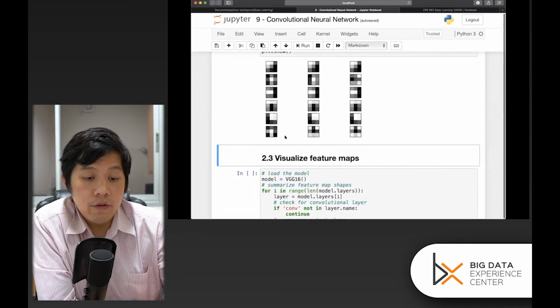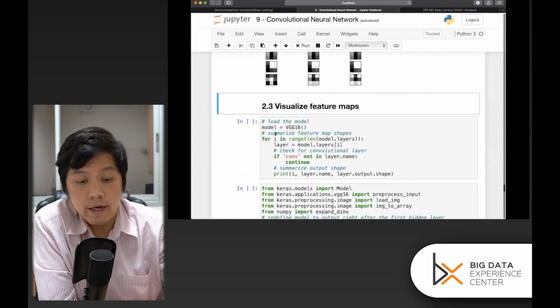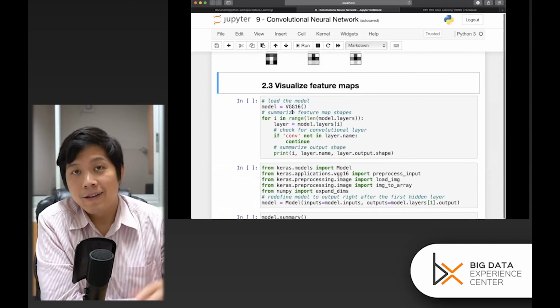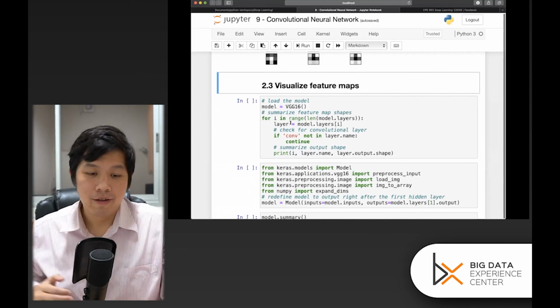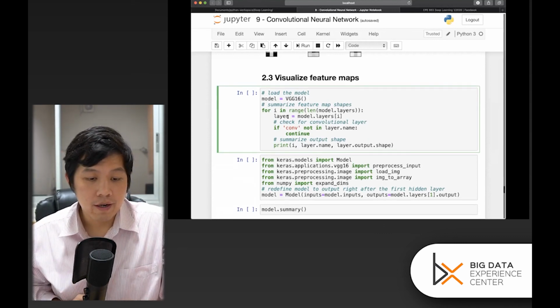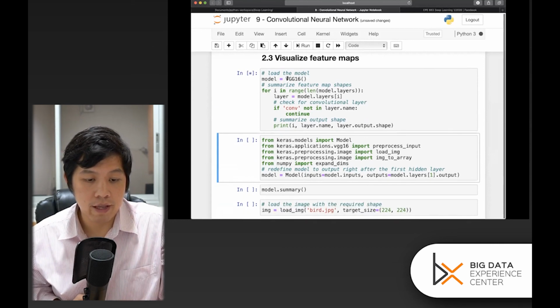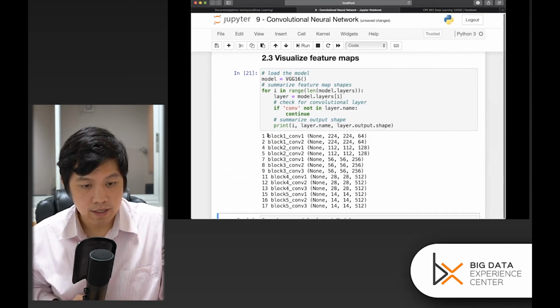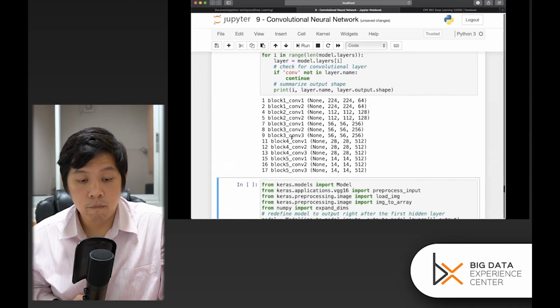Right? And if we use this to convolve on the first layer, what feature map would we get? We can do this by cut and paste of the model. So from the model here, you can see that we load the model, and then we will have a bunch of layers. Starting from here, the first index, this is block 1 convolution 1 to block 5 convolution 3. We would select the output of block 1